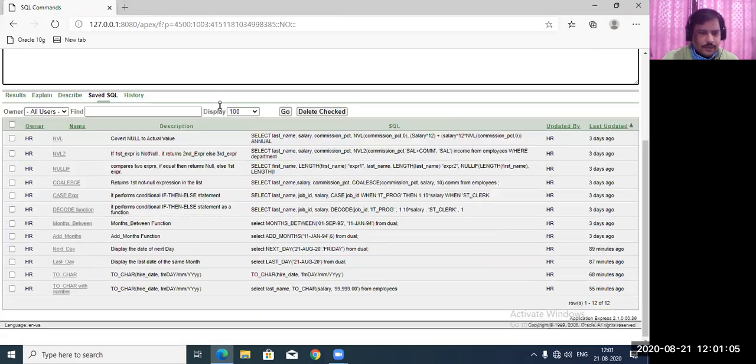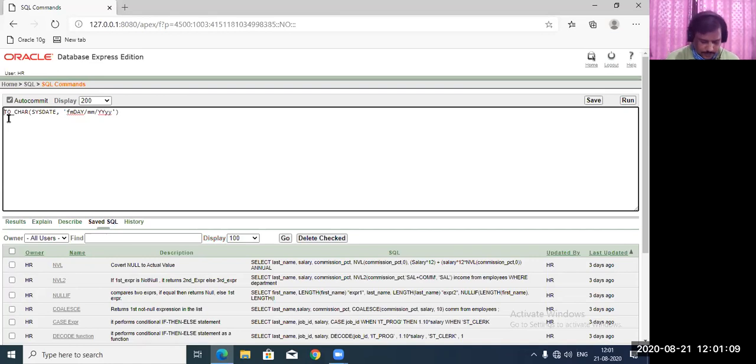I am not taking the function directly, so I can write SELECT, this format, FROM dual, because I am using the system date. So I can use the dual table, the temporary dummy table.